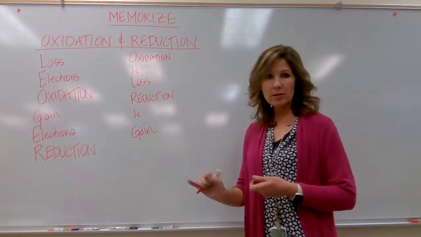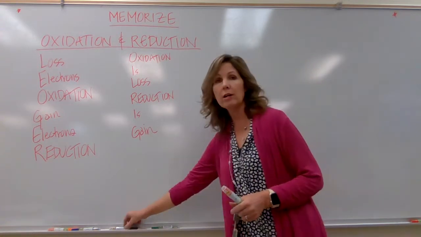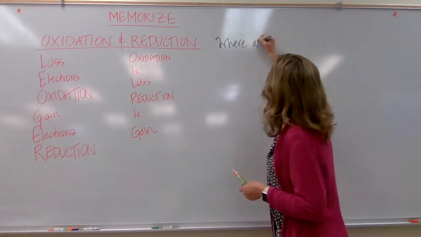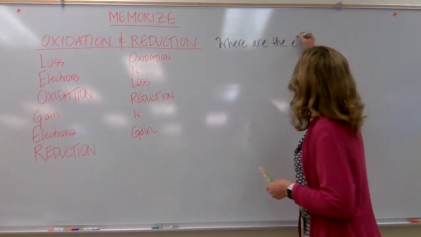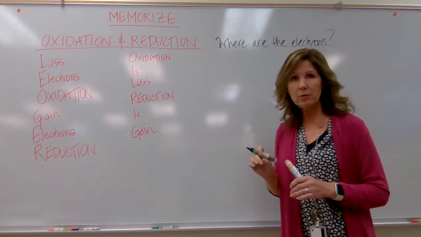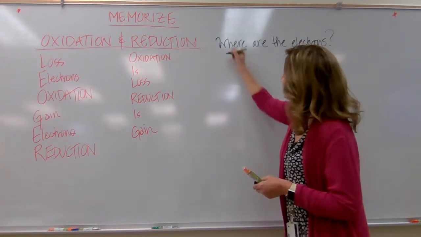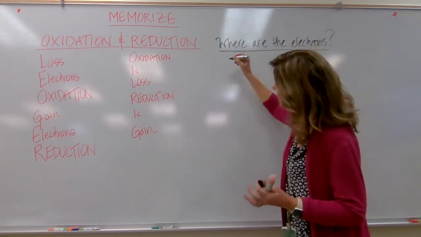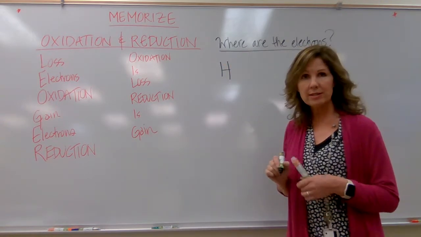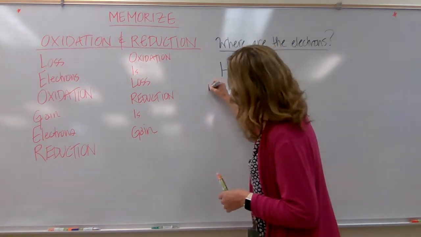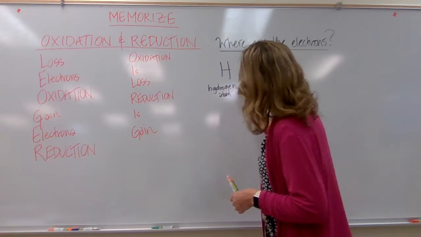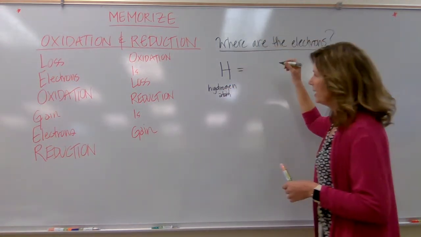All right, next question I have for you is, well then, where are the electrons? Because those are not always pointed out clearly. So for example, for our class, in many cases you will be looking for the electrons in the hydrogen. It's going to be our hydrogen atom. And you will see that a hydrogen atom is actually